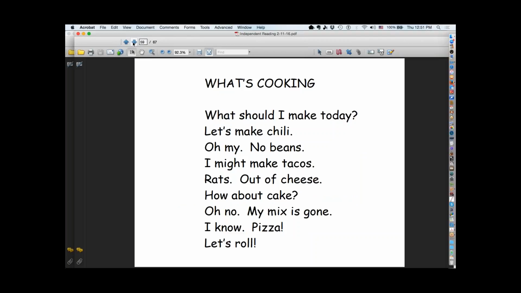This might be a little more age respectful. This is a What's Cooking book. What should I make today? Let's make chili. Oh my, no beans. I might make tacos. So here's what I'm going to do. I'm going to have you following along and doing thumbs up if this is a high frequency word. You're going to make the sign for family if it's a high frequency word, family, like